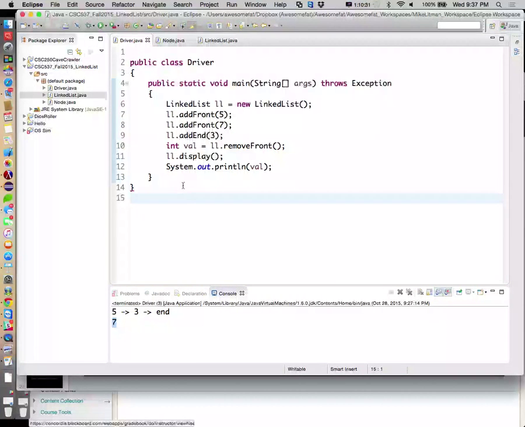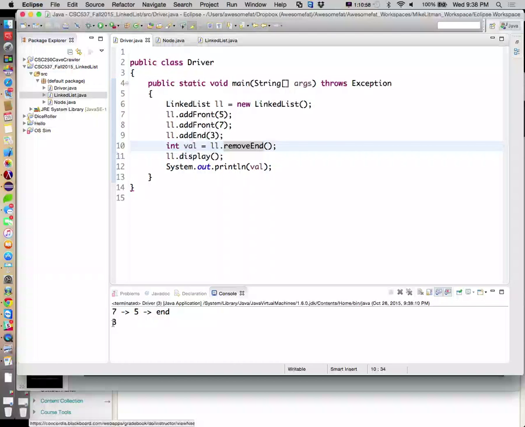So let's come back in here. So right now we're doing, here, let's just do a remove end there. So this should be a 753. We're going to remove the 3, display the list. So we should just have 75, and then we'll display the 3.